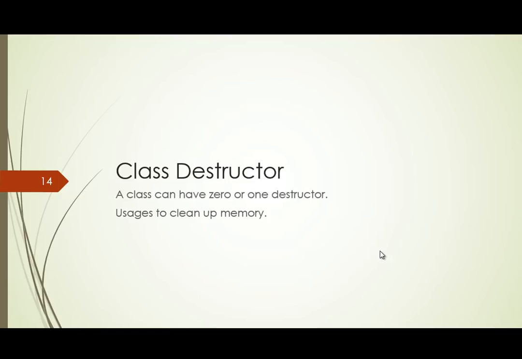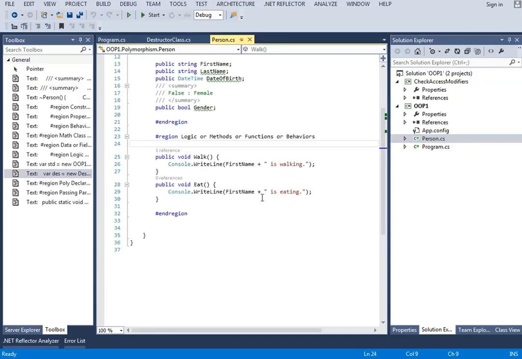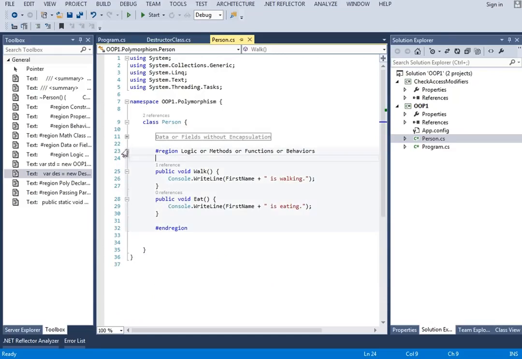So let's see how to create a destructor in a class. Let me switch over to Visual Studio. Here I'm in Visual Studio. We could go to our person class, and I have separated my person class with those regions. I really like to separate my code and use regions. You can do it by Ctrl K and then S, then go to region, and then I'm going to say destructor,